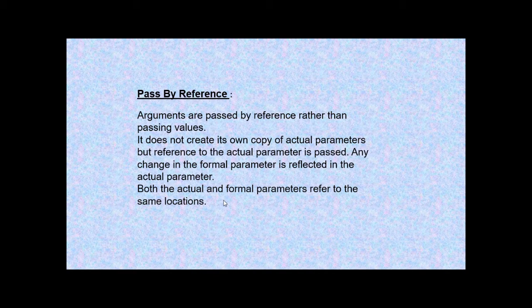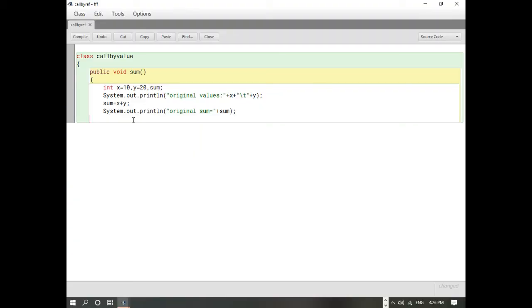So in this program, I'm going to use objects as a reference, an object of the class as reference. Let's see how to write this program. Here also I'm going to use the same program example, that is, we will add two variables. This is called the by reference method, so I'm going to change the class name. I made the class name by reference, ref.